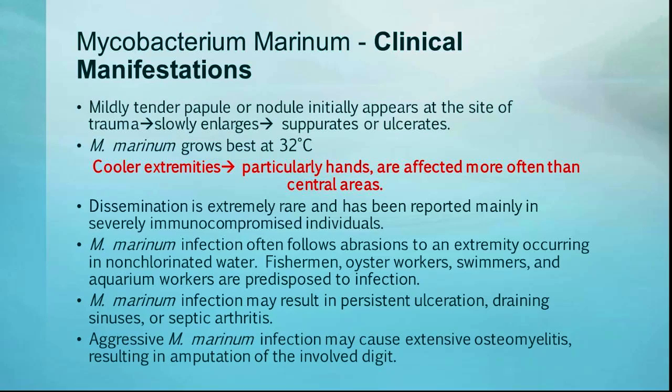It's also a very major cause of persistent ulcers and draining sinuses. So you should always keep that in the back of your mind. If you see chronic ulcers, marinum should be one of your differentials. It can cause extensive osteomyelitis as well, which can cause amputation of the involved